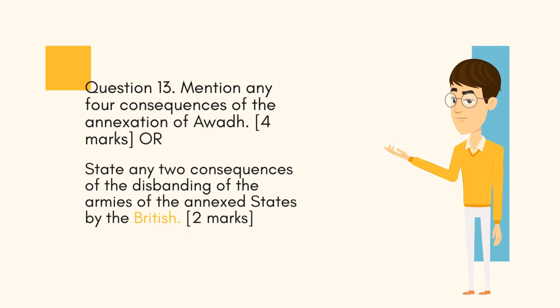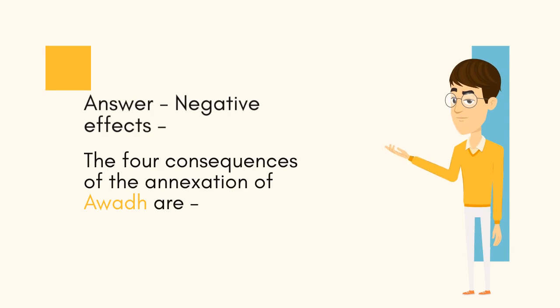Question 13. Mention any 4 consequences of the annexation of Awadh. 4 marks. Or state any 2 consequences of the disbanding of the armies of the annexed states by the British. Answer, negative effects. The 4 consequences of the annexation of Awadh are: